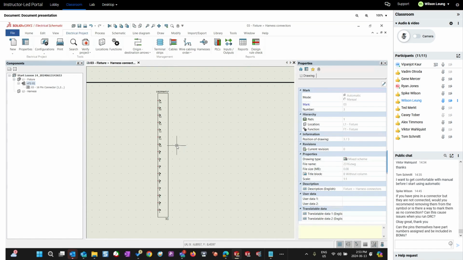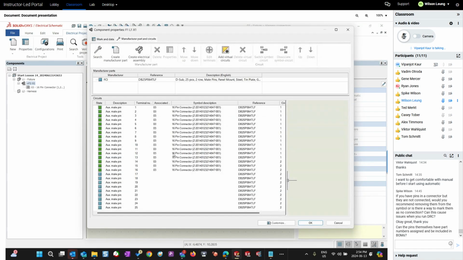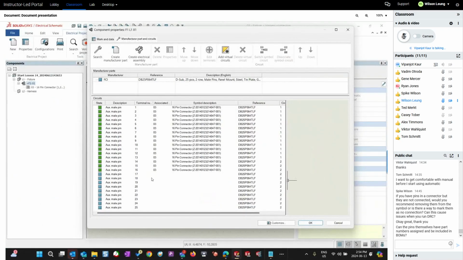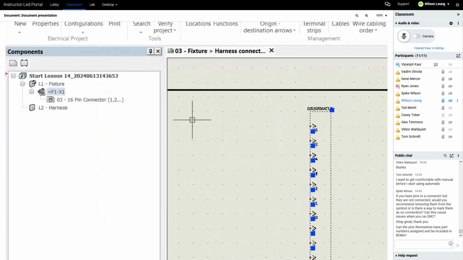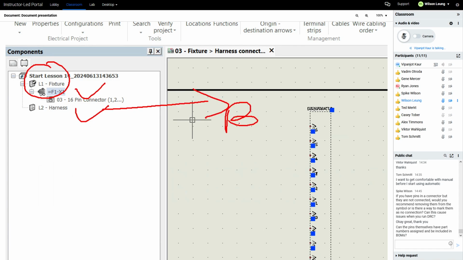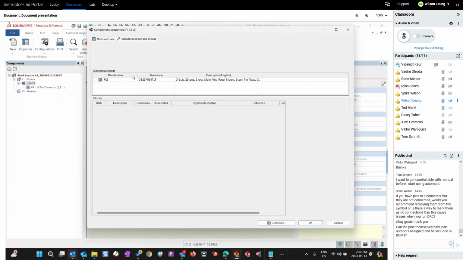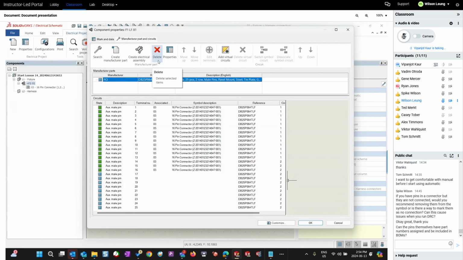So Spike's asking, can the pins themselves have part numbers assigned and be included in the BOMs? So what you see in the bill of material is the actual component. You would not see the pins, but you would notice when you double click on it, you know all the pins that you see here are definitely coming from the reference number. So you cannot show the pins in the BOM. You can only show what's listed in your components tree, an actual component with the component mark, right? And it will list in your BOM only if the manufacturer part number is defined to it. If I get to this X1, go to the properties and delete this part, it won't be shown at all in your BOM,